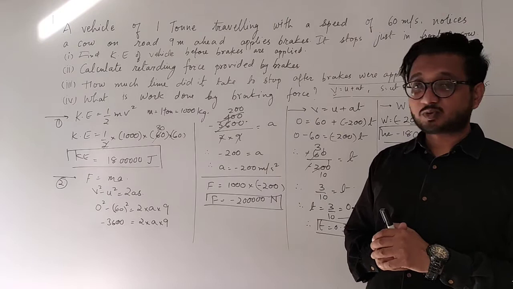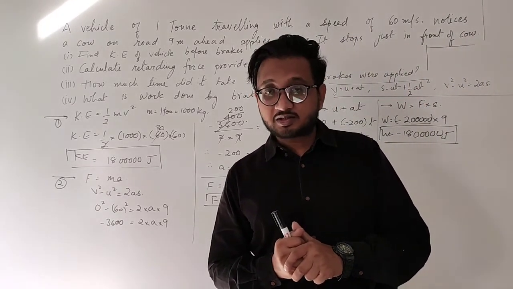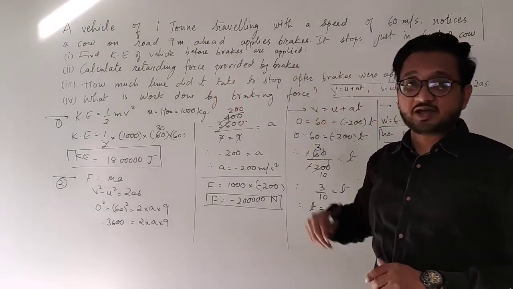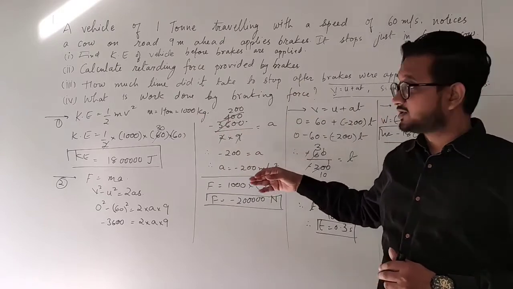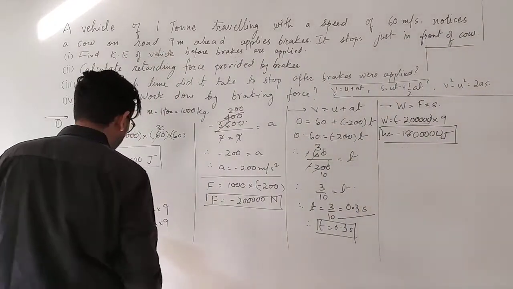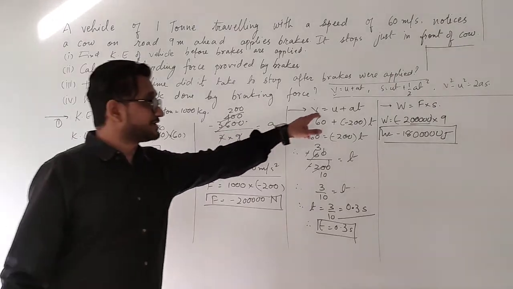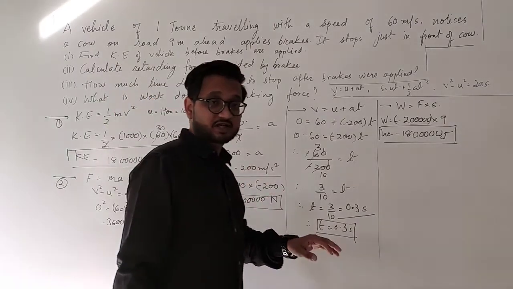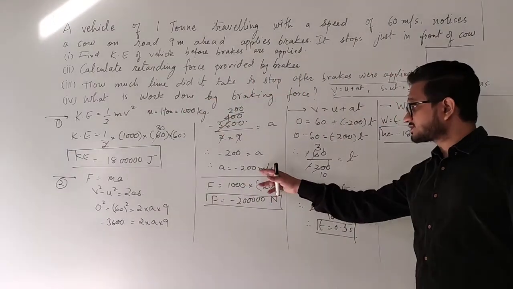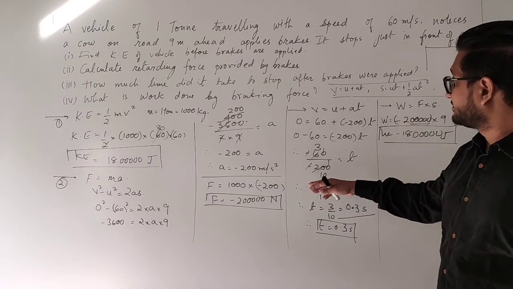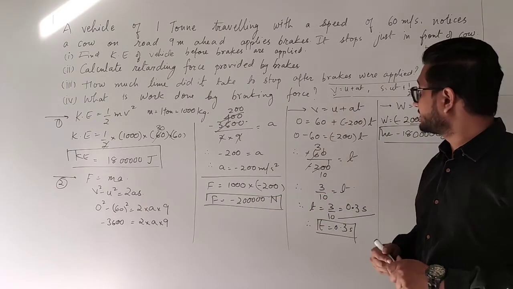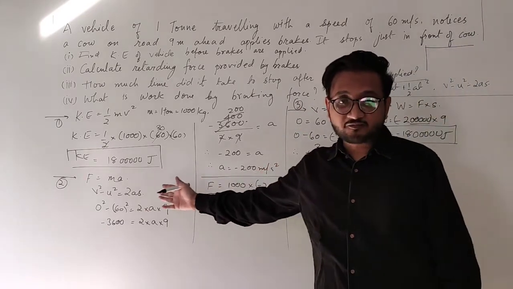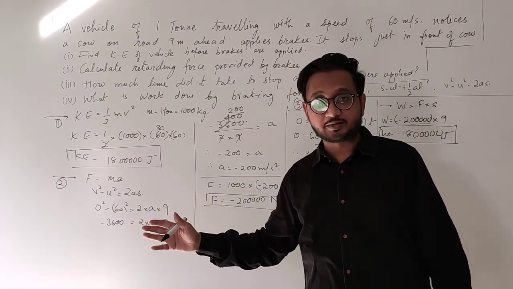This numerical was once again a little bit complicated, but also time consuming. More importantly, you will have to analyze each question and they all are related to each other. You see, first of all, we found out the acceleration using the equations of motion. Once the acceleration was found, we found the total force, that is negative force applied. After the negative force was applied, then we found the time taken, that is the third part of the question. And in this one, we used the acceleration that we found before. So it is all related.